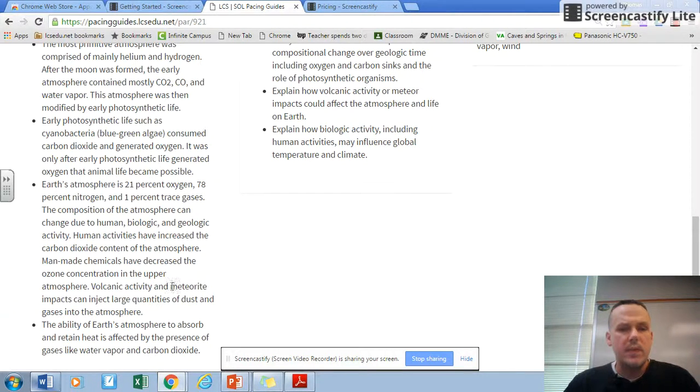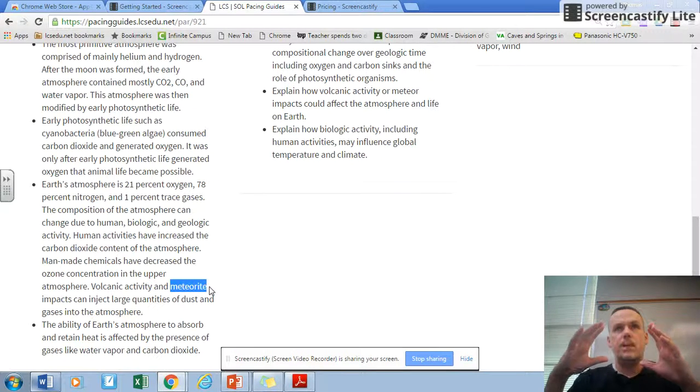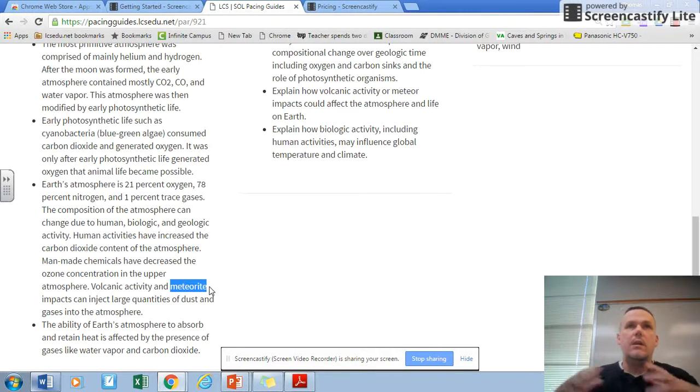Excuse me. Now, what they're saying right here, meteorites, kind of cool because that's where 50% of our water on Earth came from, the very first atmosphere during that time. And the second atmosphere, you have meteorites just smashing into the Earth. The solar system hadn't cleaned up all the debris yet. It's a very nasty place.